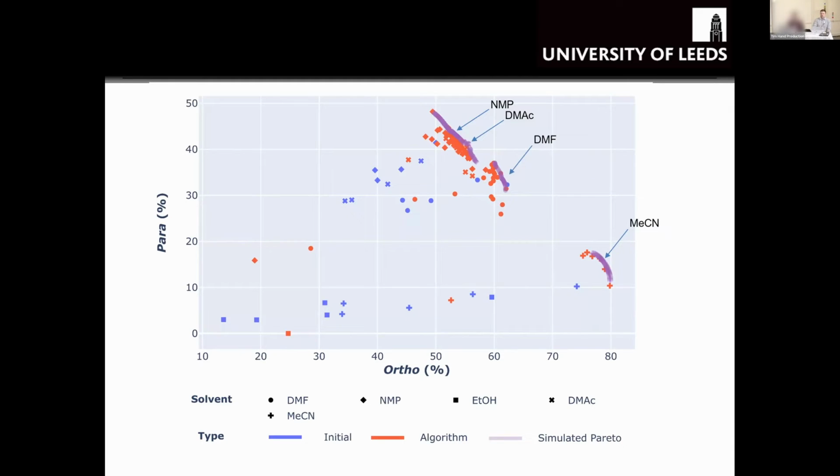And you can see here we have 6 different solvents that this system explored, and you end up generating a front here between the payoff between reaction yield of ortho and para, and you can see it bunches up into different solvents. So it's a really powerful system. I appreciate I'm going quite quickly, but I want to get to what the AISD project was about,